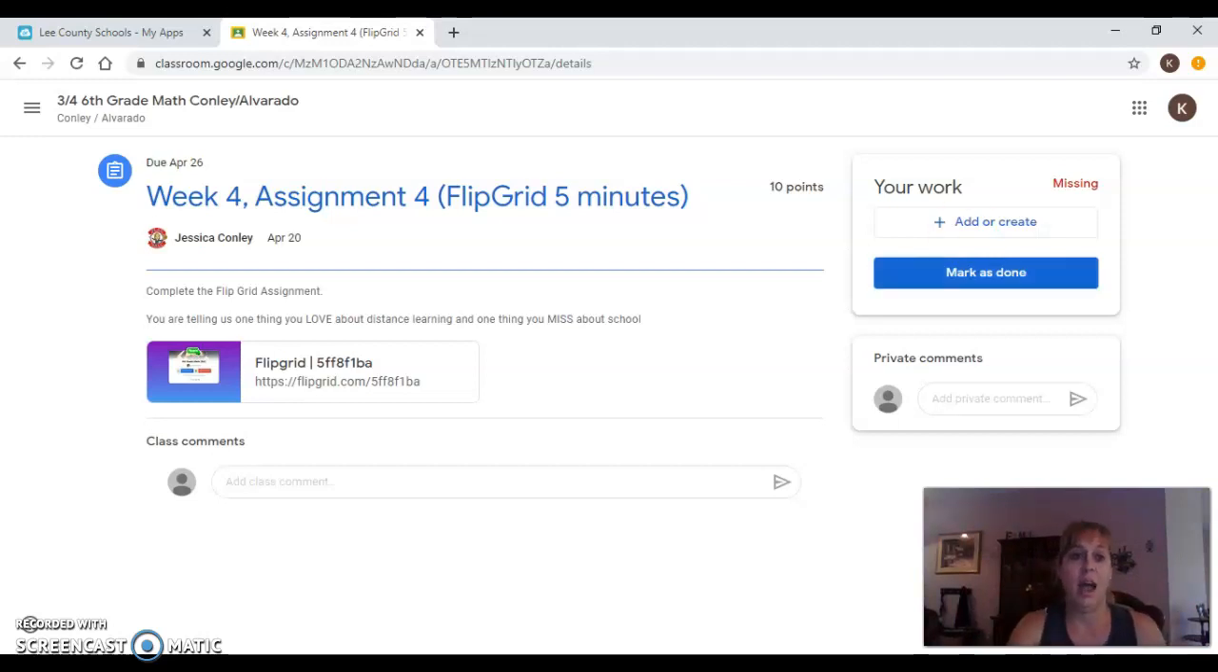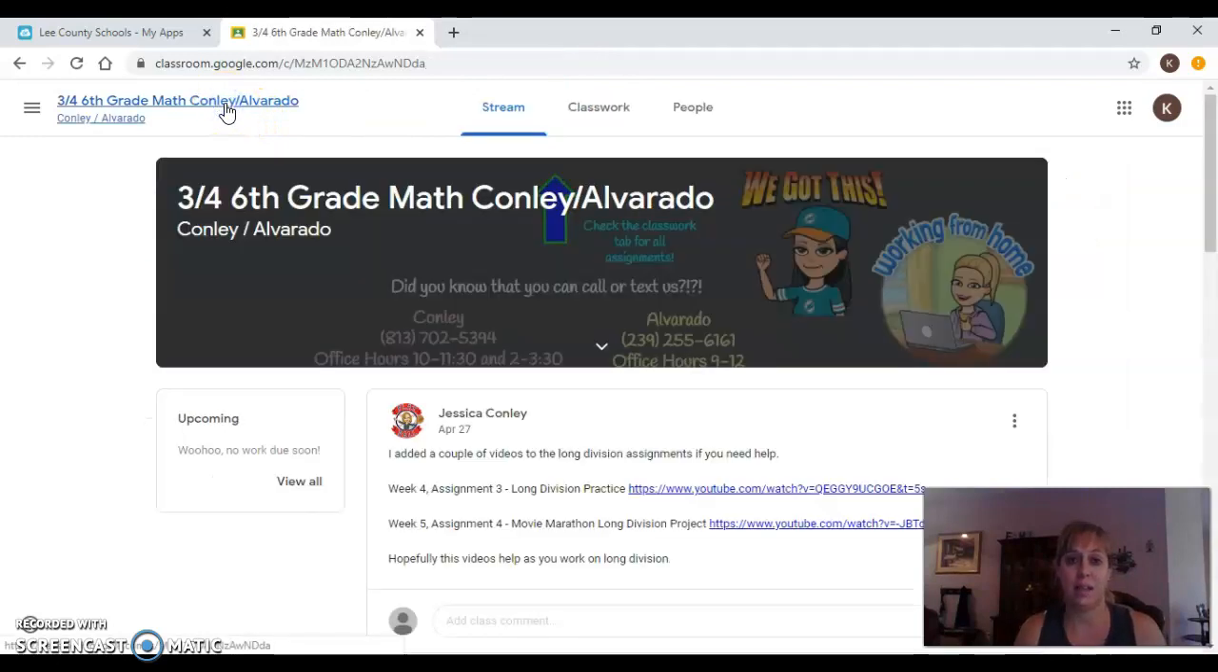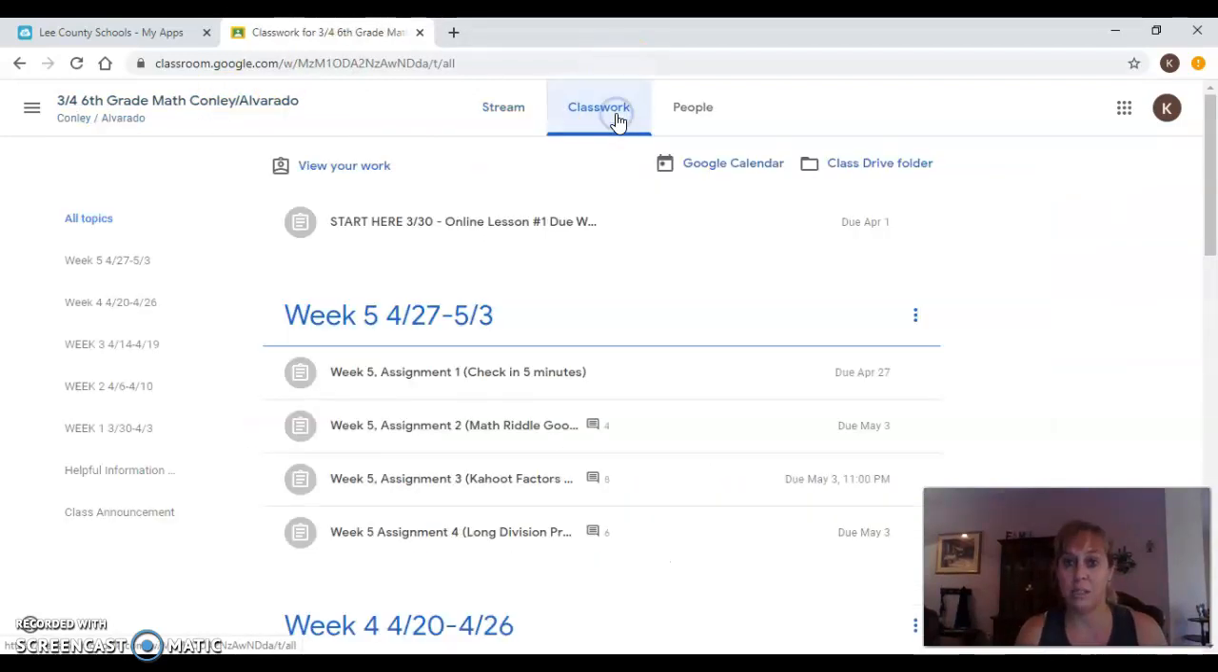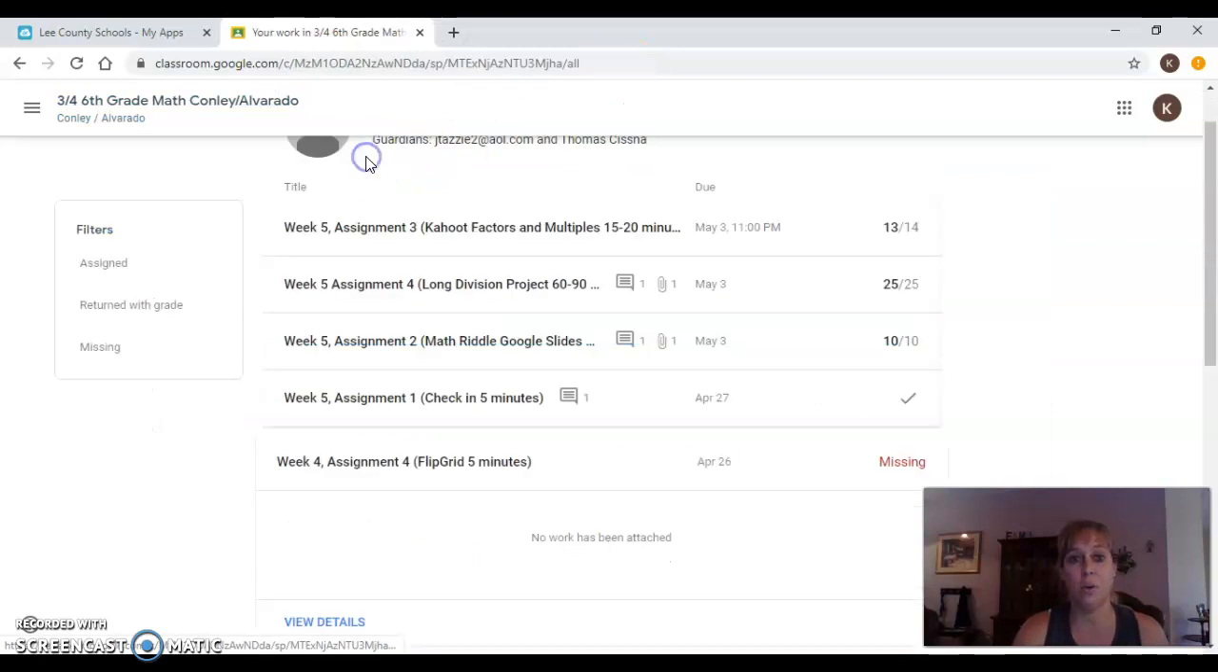So again, how did I do that? How did I find my assignments? I clicked on classwork, I clicked on view your work, and I looked for the red missing. Right from this screen, you can click on the assignment, click view details, and go straight to the assignment to get it done. We will have Zooms open during the week for you to contact us to get help on